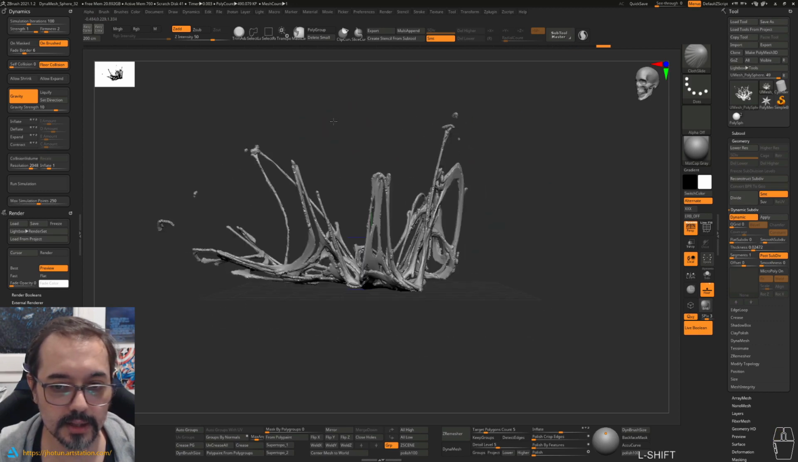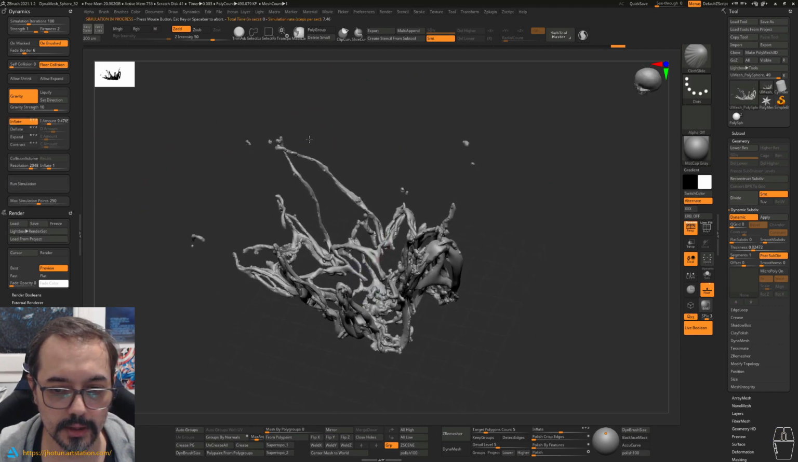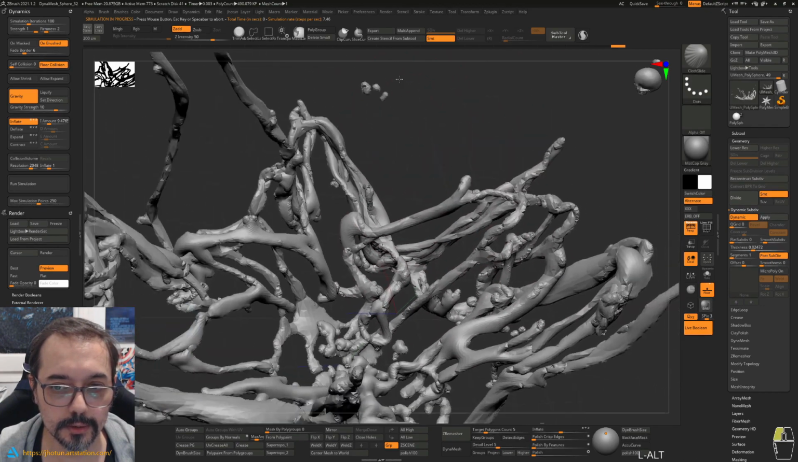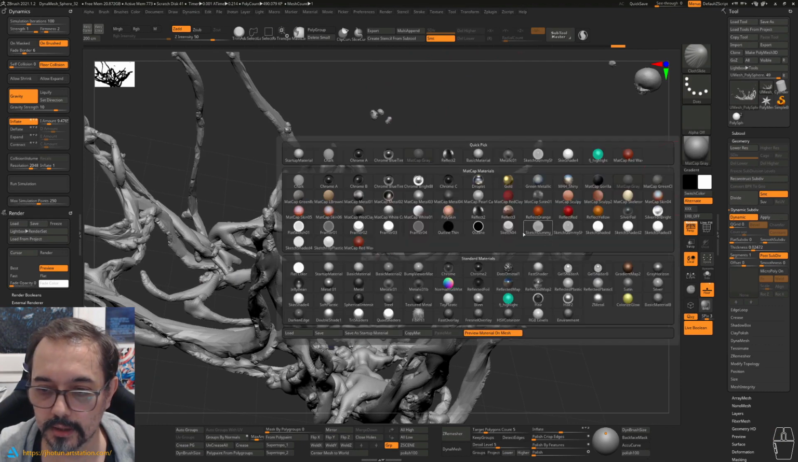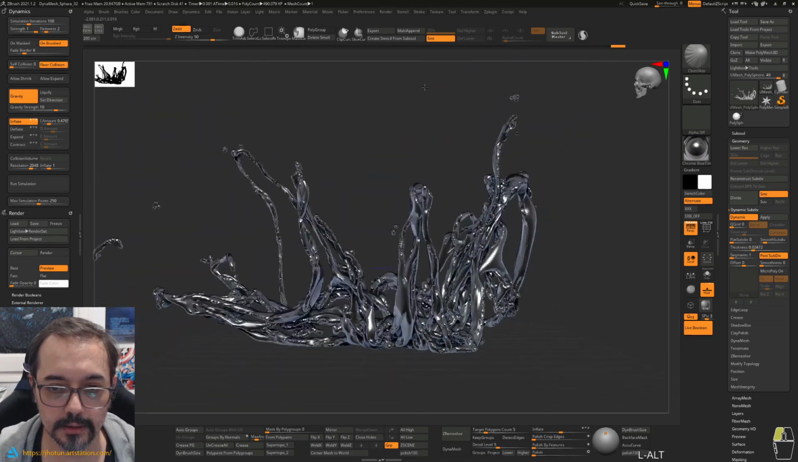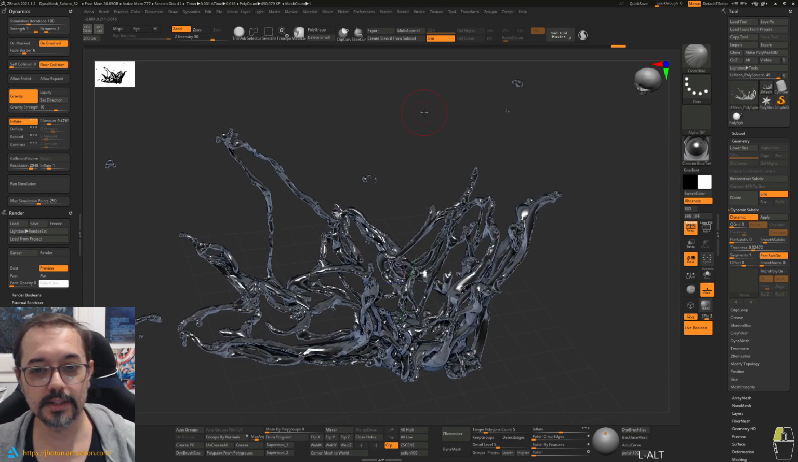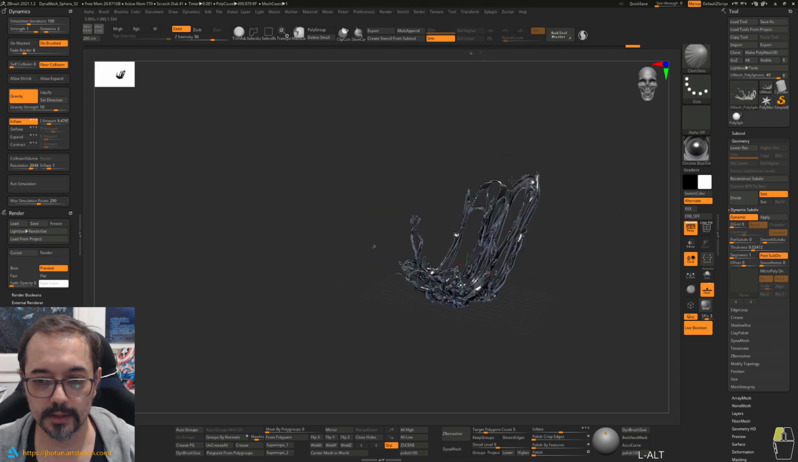You can add extra complexity by, for example, using inflate. Let's run the simulation inflating. Now we will add a bit more roundness to it, so it looks more like liquid. Now you can activate a more chromatic material, something like this. Very easily, very fast, you have this crazy effect, and feel free to experiment with it and find